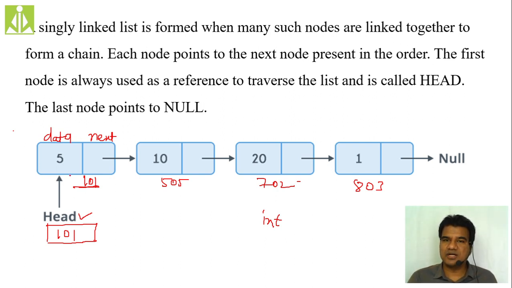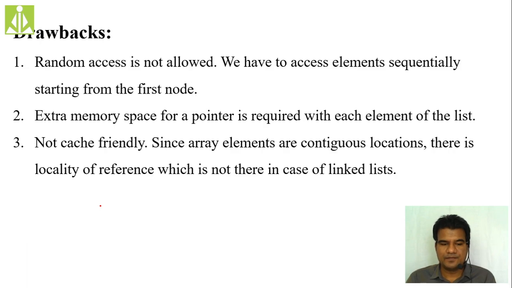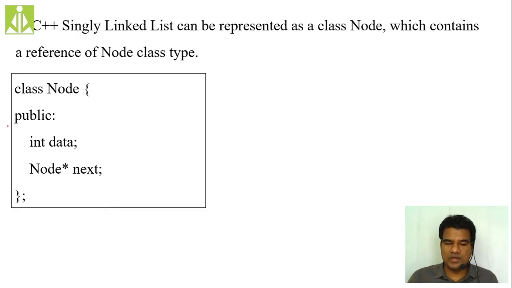So in order to store the address of this node, we need a node pointer. So this head is of node pointer type. As you can see here, our class node. If you create an object of this node class, how can you create it generally? Node n1. Okay, node n1. So now this n1 is a node. Internal to this n1, as you can see over here, this n1 is going to have data as well as next.